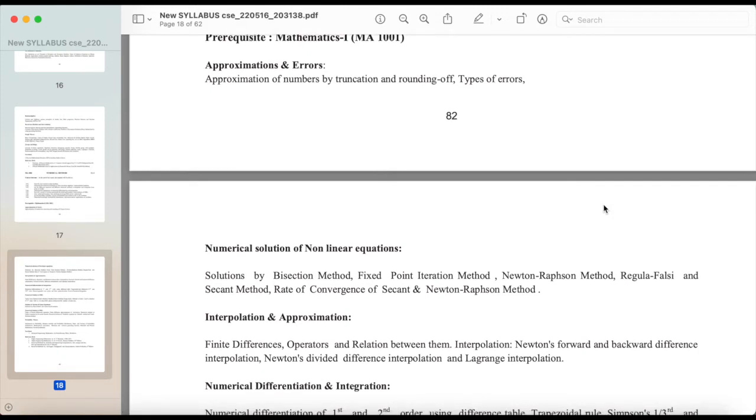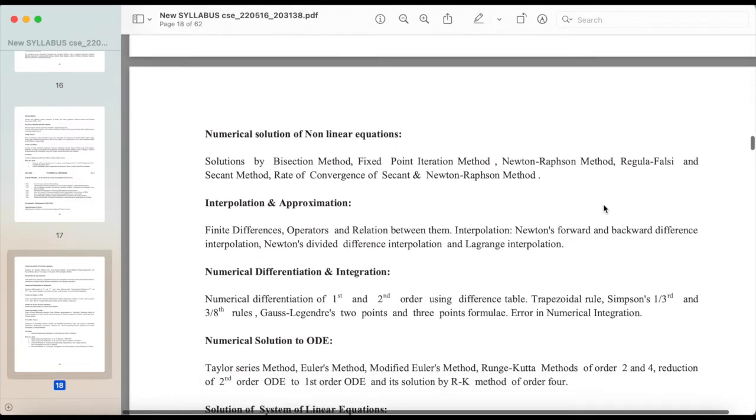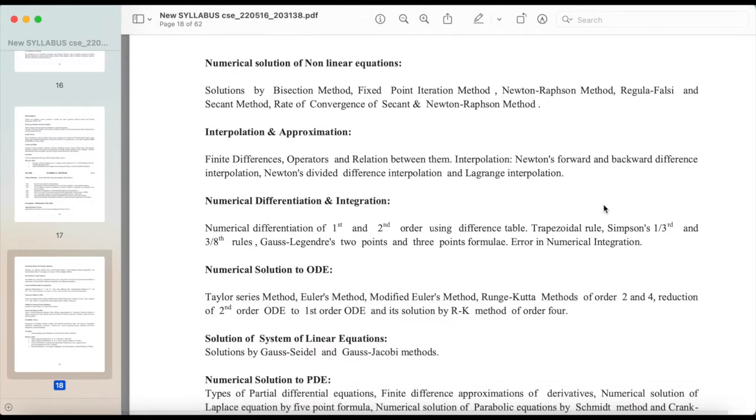Numerical Methods: Approximations and Errors, Approximation of Numbers by Truncation and Rounding Off, Types of Errors. 82. Numerical Solution of Nonlinear Equations: Solutions by Bisection Method, Fixed Point Iteration Method, Newton-Raphson Method, Regula-Falsi and Secant Method, Rate of Convergence of Secant and Newton-Raphson Method. Interpolation and Approximation: Finite Differences, Operators and Relation between them, Interpolation, Newton's